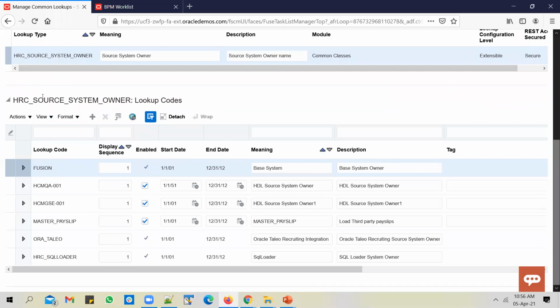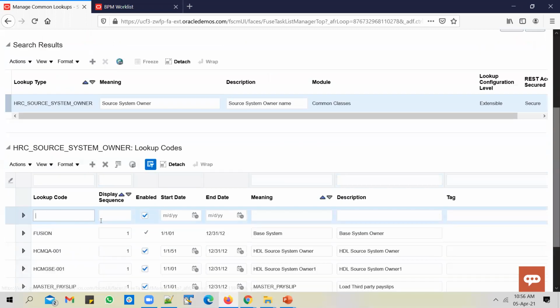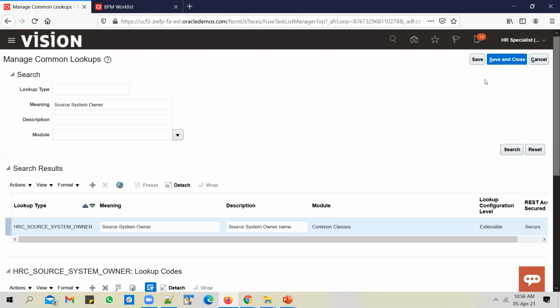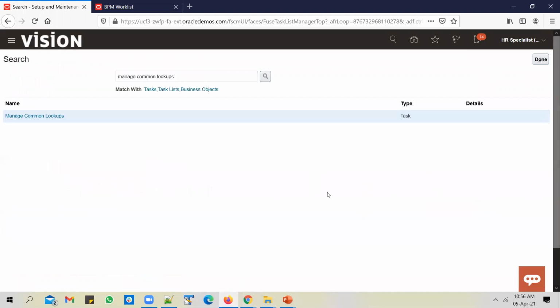It will exist by default. All you need to do is go ahead and add in the lookup code there. And I want to add in PeopleSoft as a lookup code. I will use a past date. It's valid from Jan 1st, 1951. Leave the end date blank. You can use the same PeopleSoft as meaning and description as well. Save and close. This is a prerequisite.